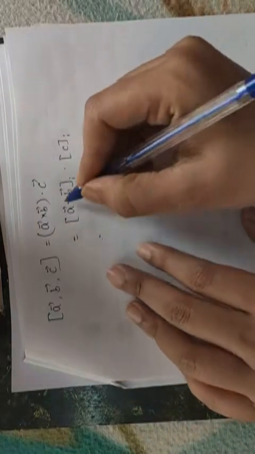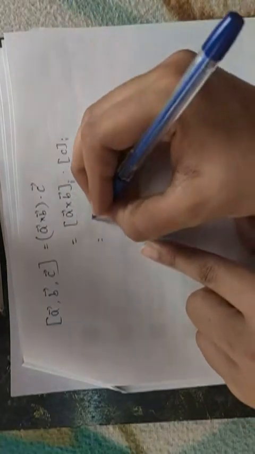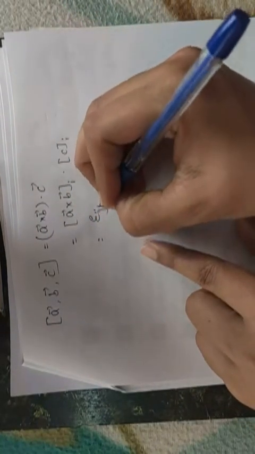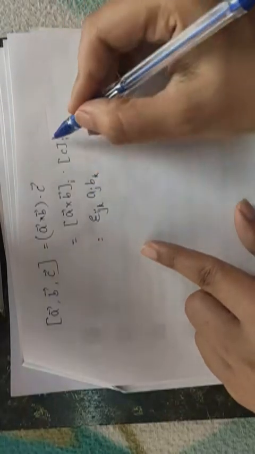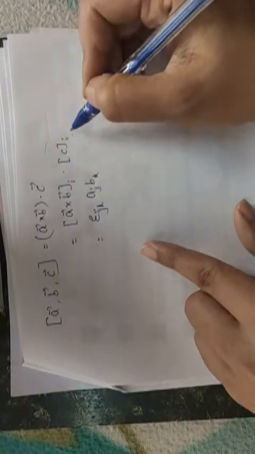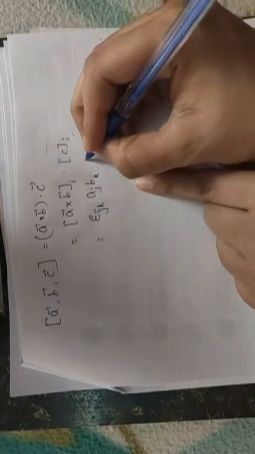So what is the ith component of a cross b from the previous proof? This is nothing but epsilon ijk aj bk. Now the ith component of c is a new vector, so I can write this as ci,